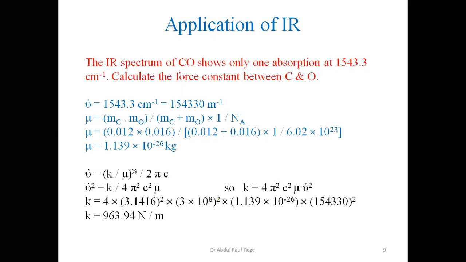Carbon dioxide is microwave inactive because its dipole is zero. There are two polar bonds, both at 180 degrees. So when they are at 180 degrees, they produce a dipole moment of zero when we make the resultant. If it is zero, carbon dioxide is not microwave active. It doesn't give any spectrum.